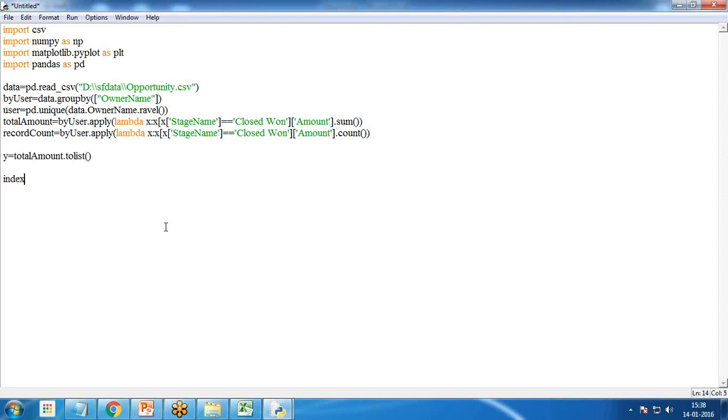Next, let's start placing the chart. So I create index is equal to np dot range len of user, that how based on that we'll place it. Then I set the bar width is equal to 0.80, opacity is equal to 0.8, and because we need multiple plots, multiple x's, so for this I create figure is